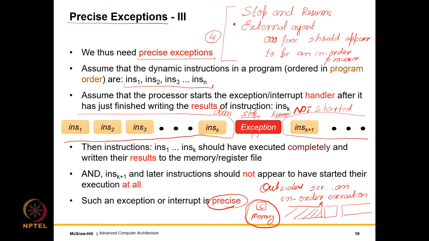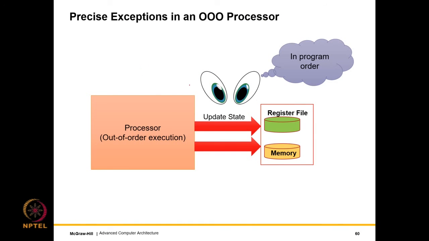So this ability is very important. Not only is it required for intuitiveness and correctness, it is also required for processing exceptions, as we will see. It is also required for recovering from branch mispredictions, because even that is an exception. We will also see that it is a very vital requirement for operating systems, because what normally happens, if I can use some of the additional space over here, just do a control alt delete, and you will see. So in fact, let me do that right now.